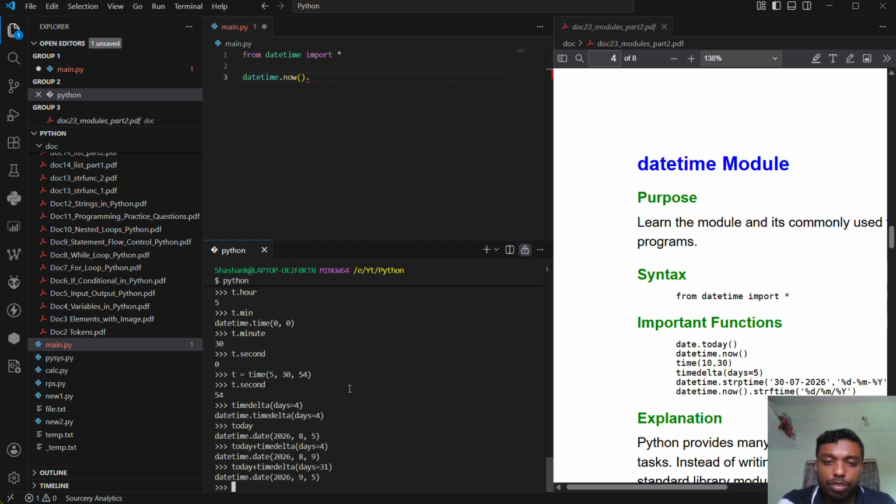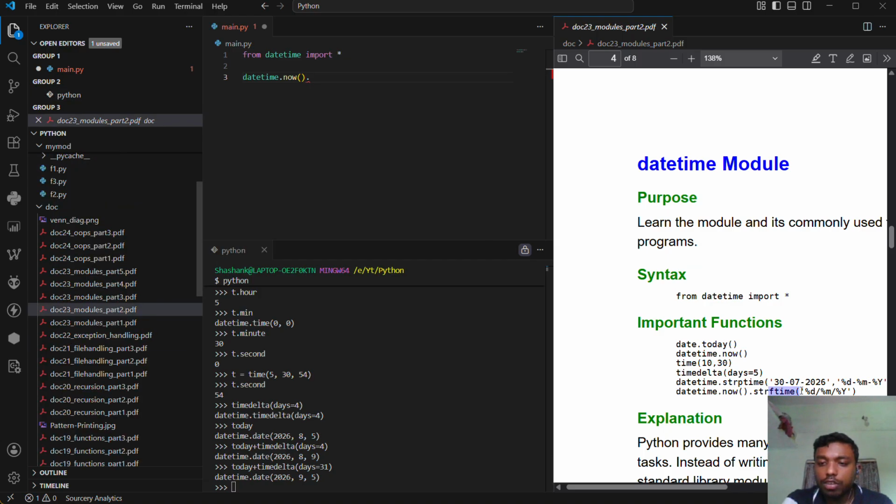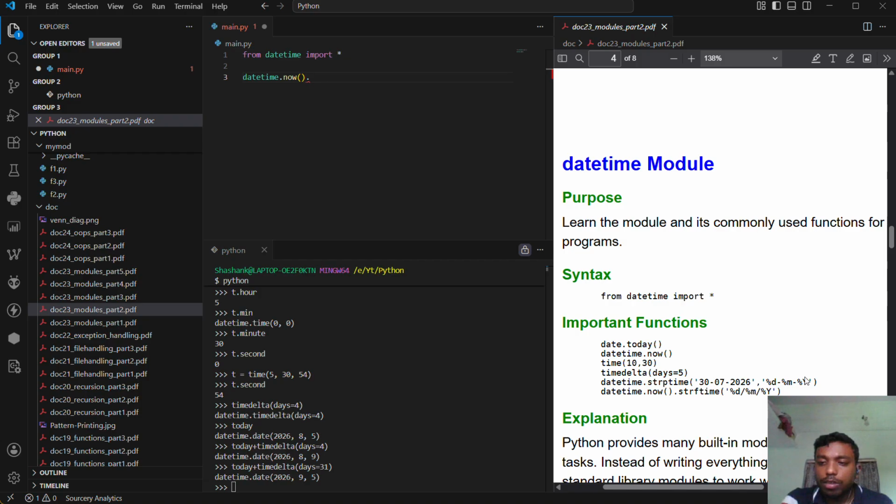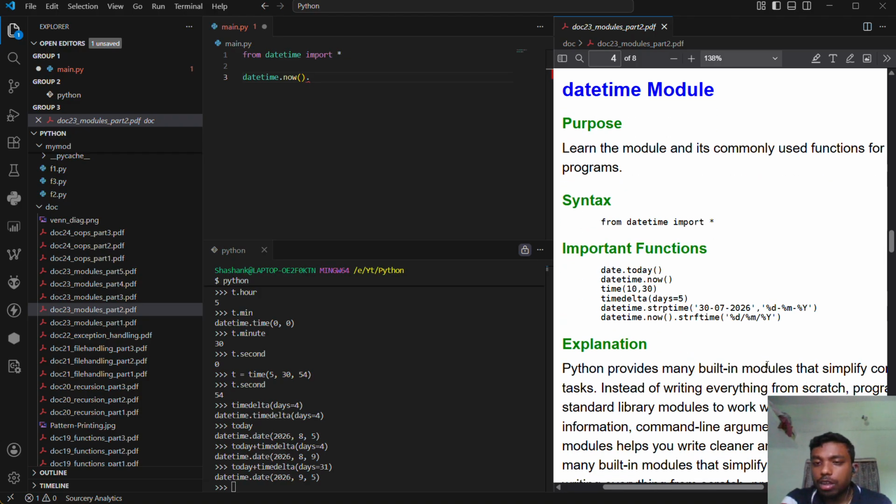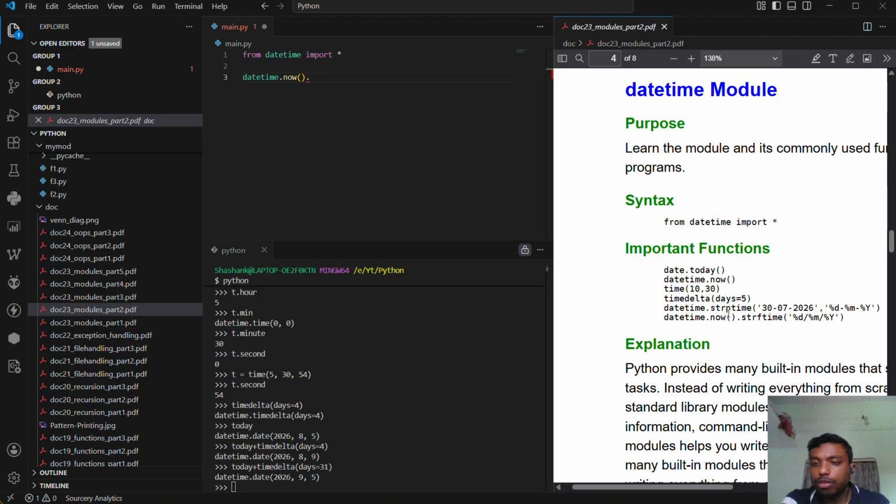What is this command used for? You can see here datetime.strptime. So you can see, these are the 5 functions, 6 functions basically, which I am going to tell you today. So datetime.strptime is like converting and getting this data in the reverse format. For example,